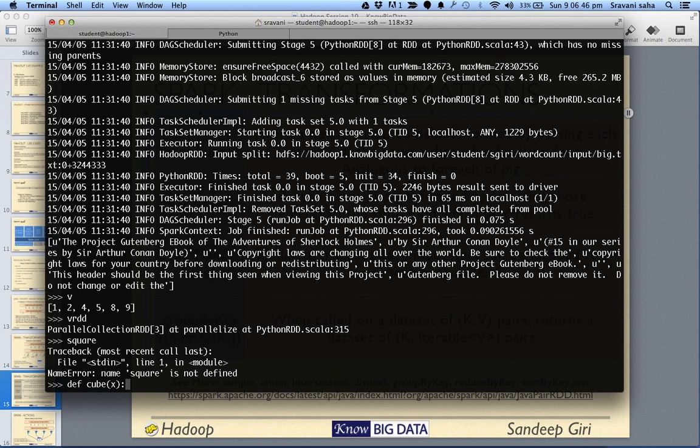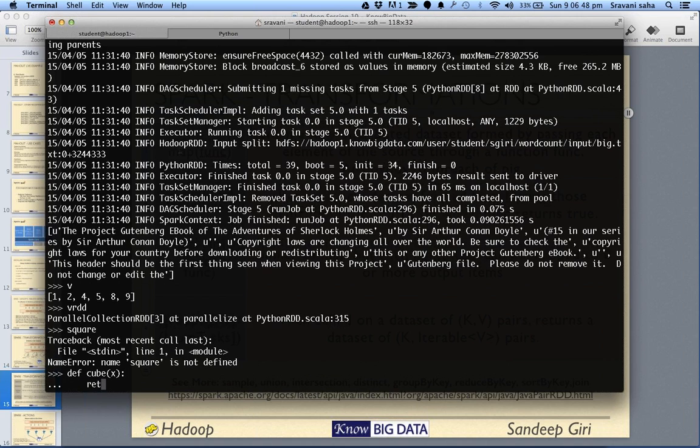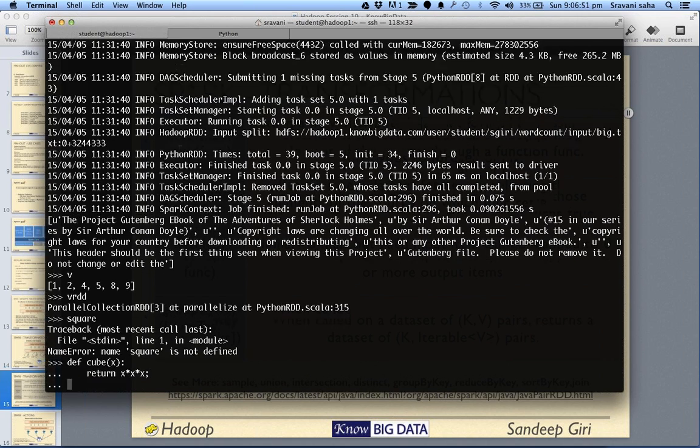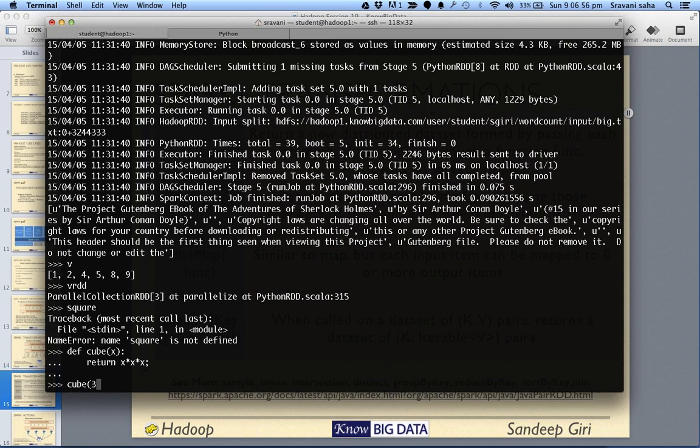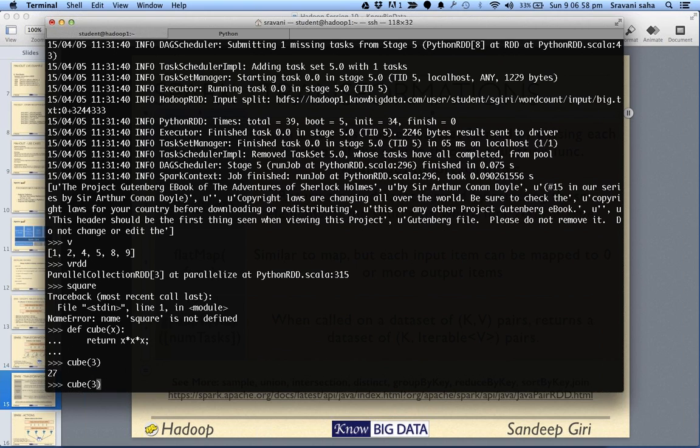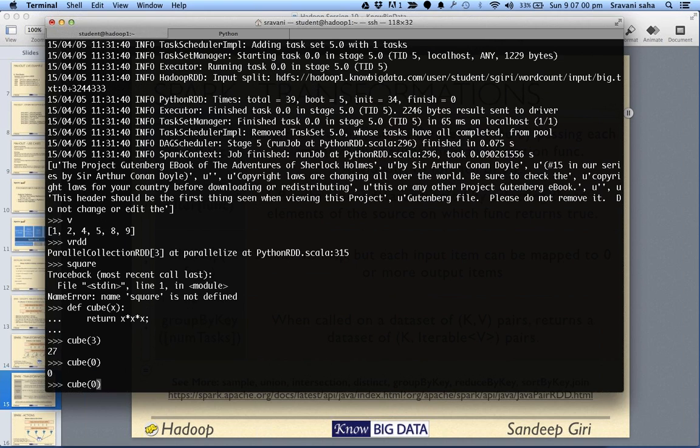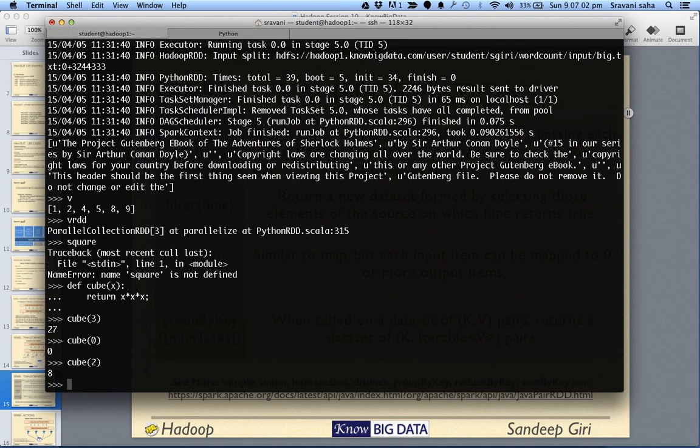Define cube, and whatever value we have, we return x into x into x. So now we have defined a function called cube. We can test whether it's working or not. Cube 3 is working fine, cube 0 is working fine, and cube 2 is working fine.